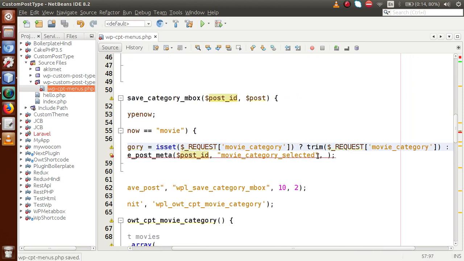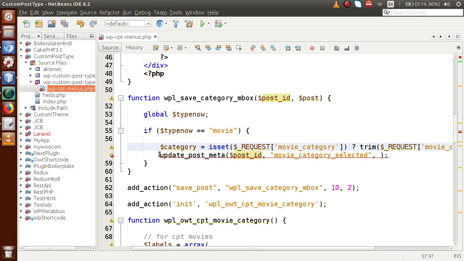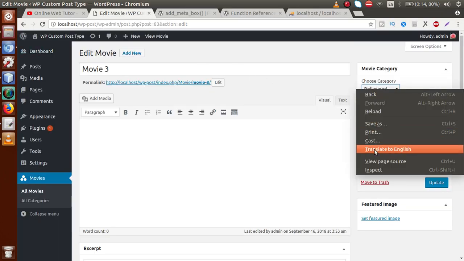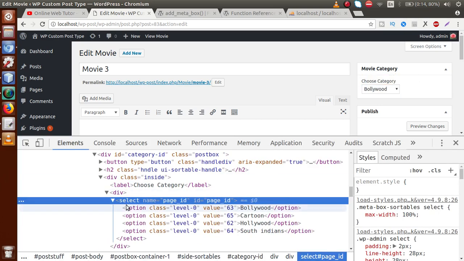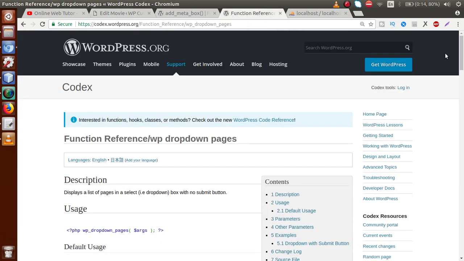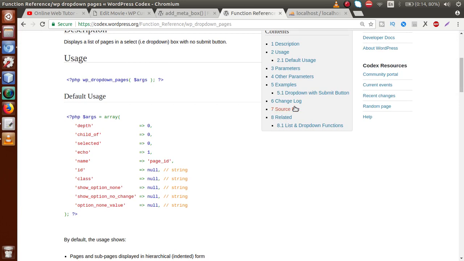Okay, or basically it will give us the integer value of that post type. So if we just comment out this section, go to the administrator panel, and now if we inspect that, then we can see that this drop down will give the value as an integer value. And also guys, if you go to the documentation section of wp_dropdown_pages, then basically it will provide